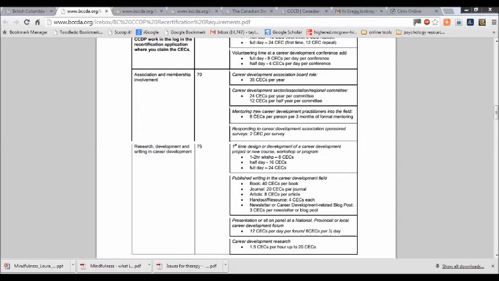Also then there's mentoring. I don't know if you've seen it, but on LinkedIn we have a survey going just asking people if they're interested in a mentoring program for career practitioners. But this doesn't have to be only through a formalized program. If you have supporting documents, maybe a letter of support from somebody that you've been mentoring, if it's been very formal, so this isn't just a quick meeting to help somebody with a few questions,